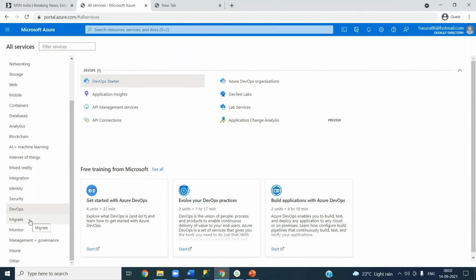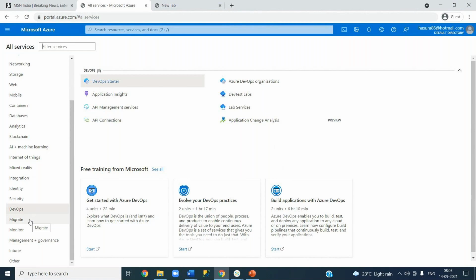When you sign up, you will have to use your credit card, and you will get some free credit, about 12,000 rupees. That is enough to practice Azure DevOps as well as Azure Cloud Administration. But you need to follow my instructions. The reason is, if you don't know how to use that free money effectively, you will end up spending all of it in one day itself.